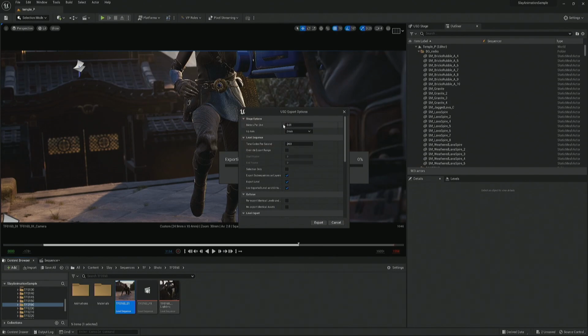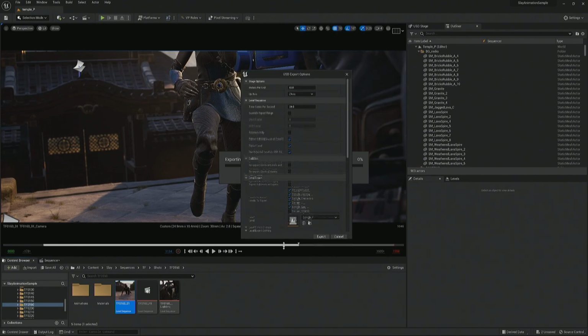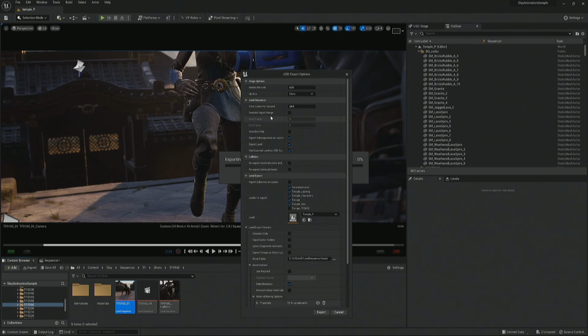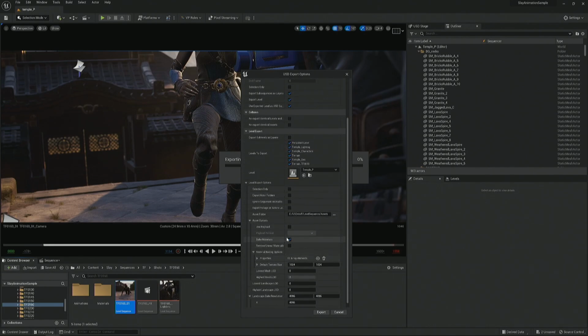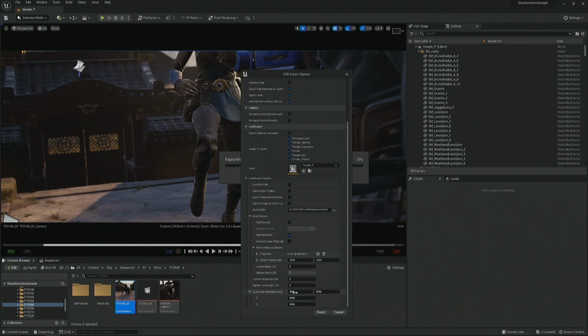So now you have the level sequence added in there, and you can do things like override frame ranges. You can choose to export subsequences as layers. You can export the level, so you don't have to export the level first. This will take it all with it. Once you're down to the level export, you're back to exporting what we showed a couple minutes ago, and going in and doing the material and stuff.